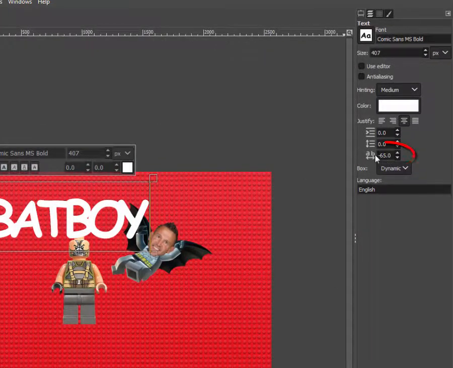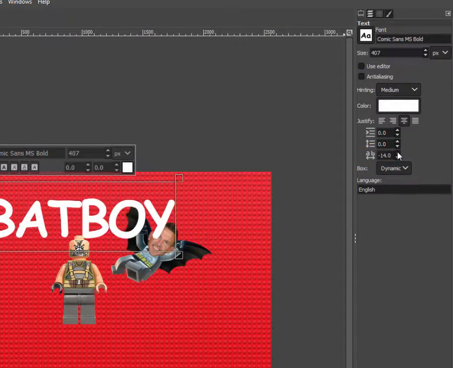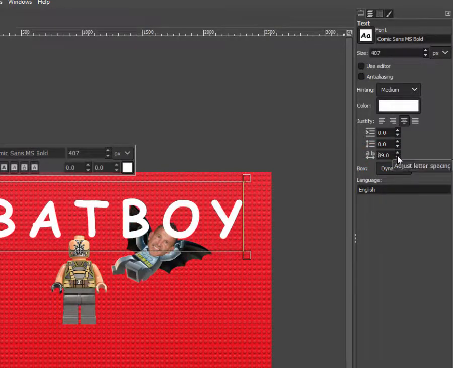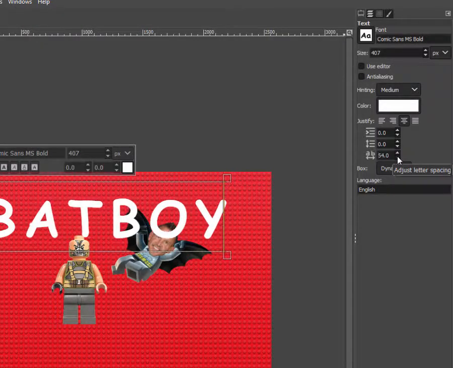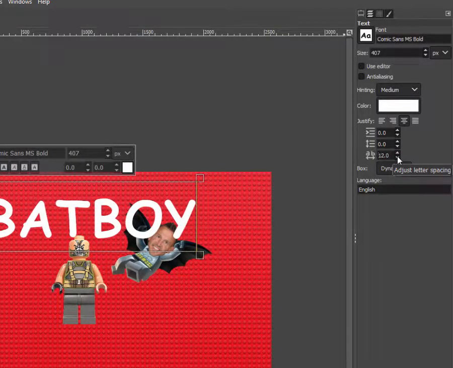And over here, you'll notice my letters are overlapping, and that's because of this AB with the lines. That's the spacing. Typically, it's at 0, and obviously you can make it spaced far apart, or you can get a little closer. Because I'm going to be adding some layers, I'm going to have the spacing be a little bit further out. So I'm going to go ahead and press Enter